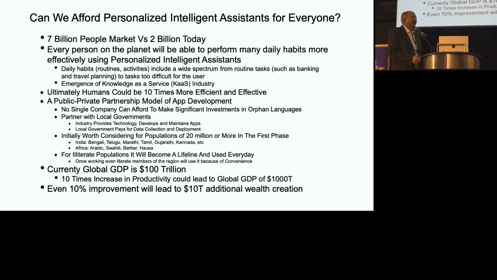That could be. I tend to be an optimist. If that is the case, then these intelligent assistants will pay for themselves. You should just give everybody one and make sure that we have a globally connected infrastructure, what I call the connected world. Everybody is connected. People, places, and things are all connected. It is more than just connecting the people. It is the IoT of the world, right?